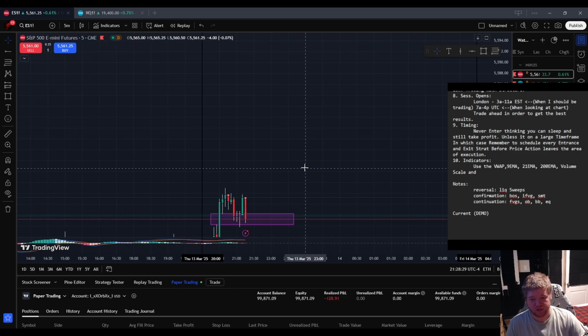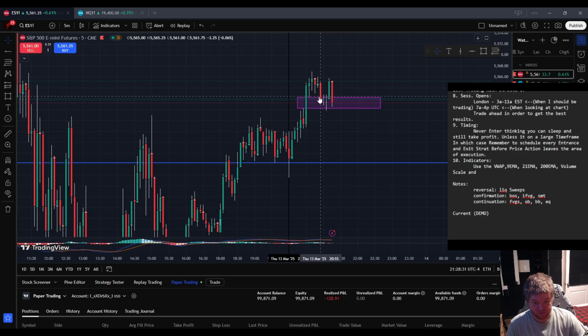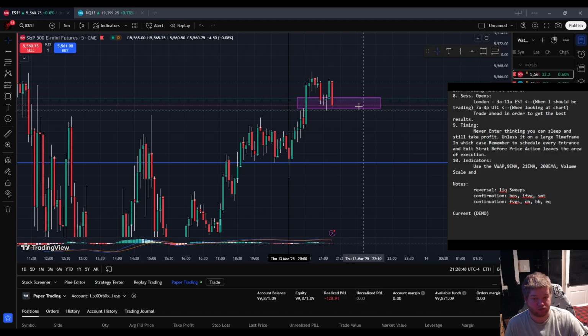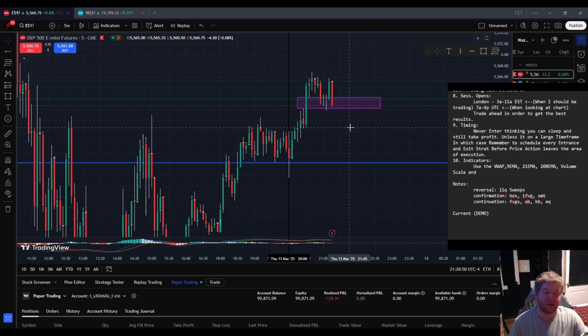On the 5 minute specifically, we have a fair value gap that has just been filled, but has not been disrespected yet. We're waiting for candle closure below. With that being the case, I think that's going to be a continuation, because that is literally what it is,